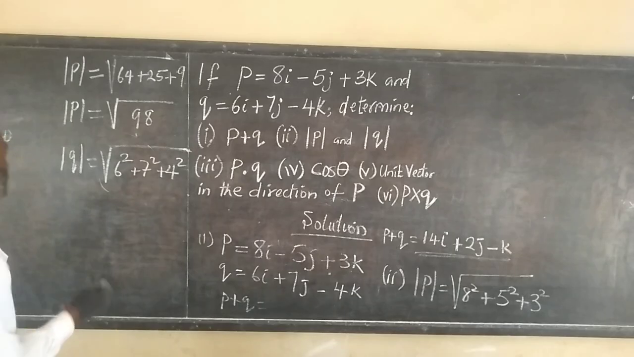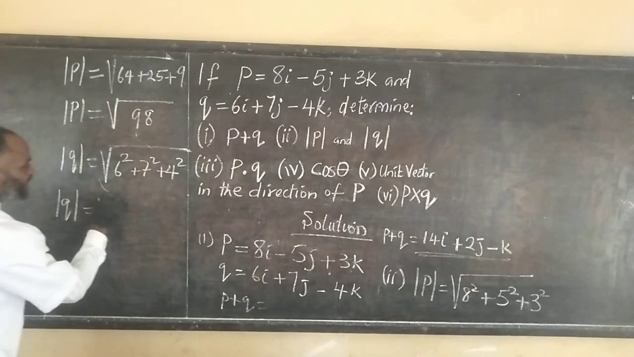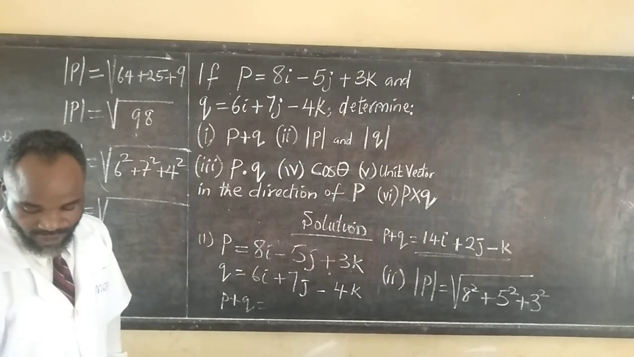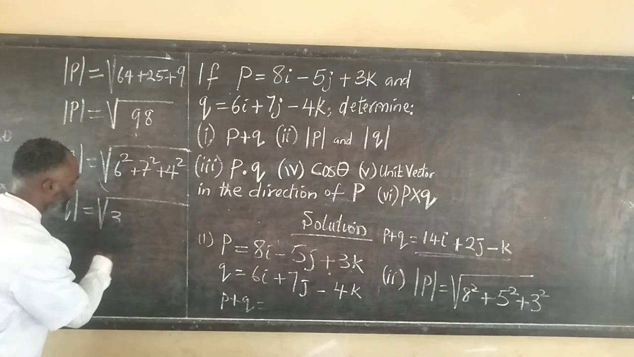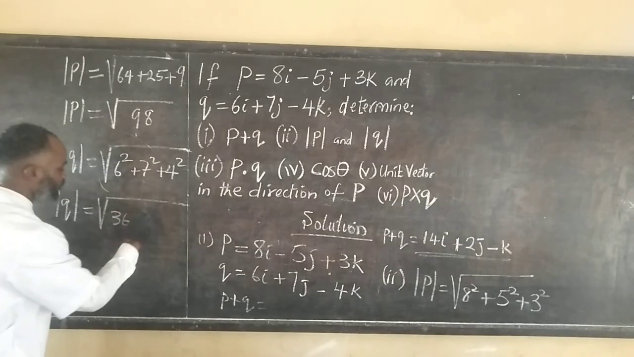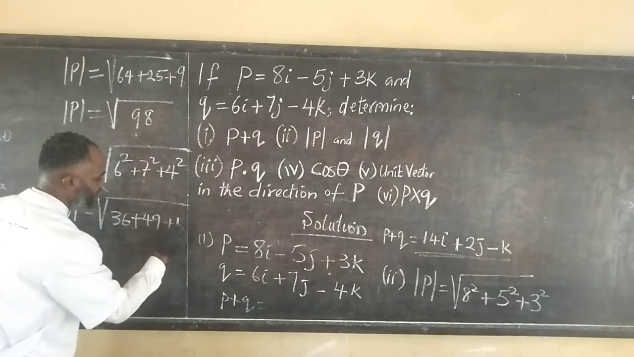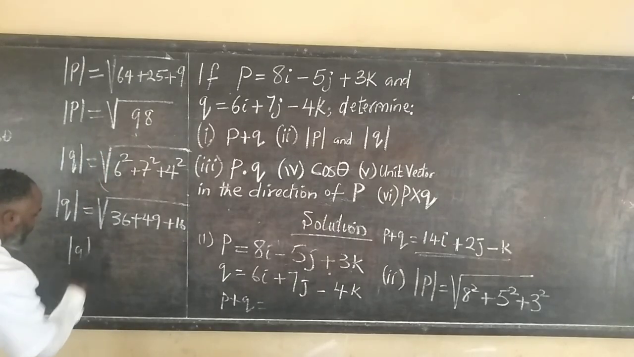Good. The next step should be finding the squares of all these things, right? Let's find out individual squares now. We have 6 squared is 36. 7 squared is 49. And finally 4 squared is 16. Good. And what do we have next? We now have that